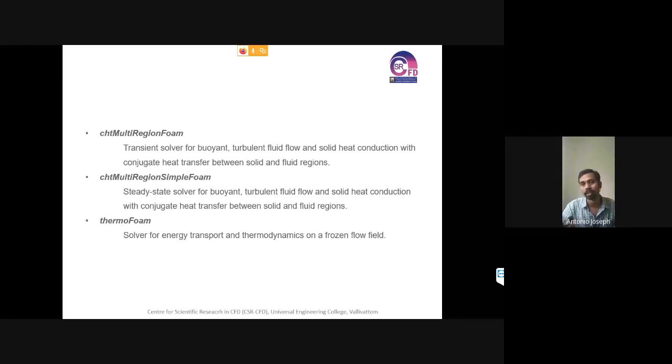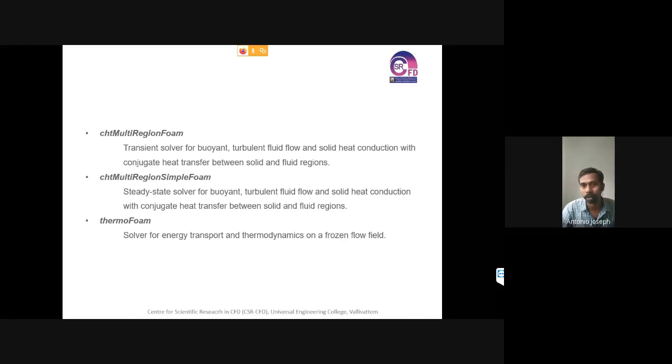So in our case, there is a possibility that we can use chtMultiRegionFoam, since we are dealing with conjugate heat transfer, isn't it? There's heat transfer between the solid domain, that's a heater, and a fluid domain. So the conjugate heat transfer is occurring in our case, so we can use chtMultiRegionFoam if it's a transient case, or chtMultiRegionSimpleFoam if it's a steady case.